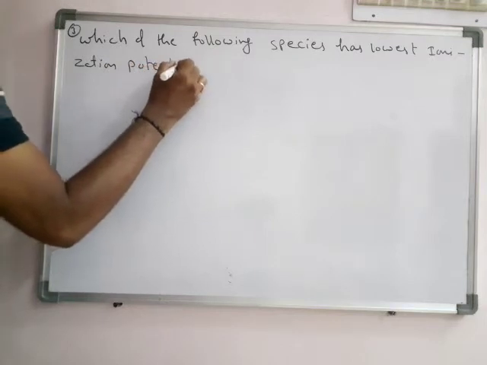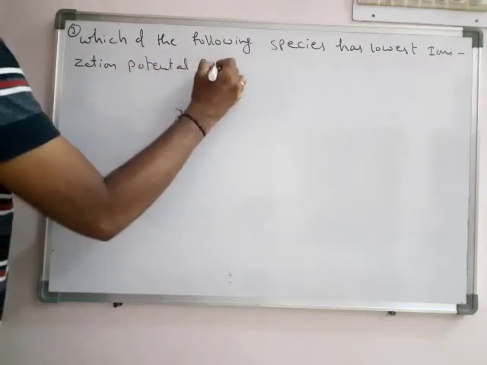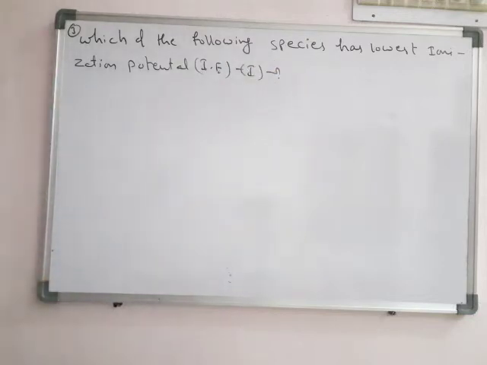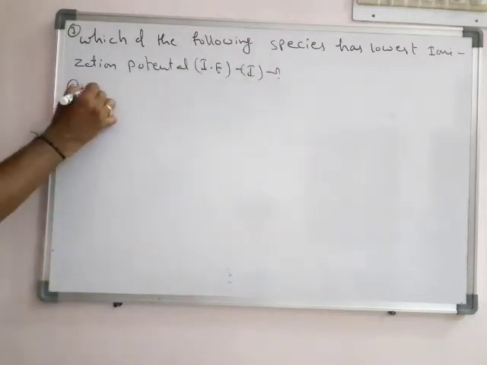Ionization potential is also called ionization enthalpy, simply I. Okay, so here the options are given: